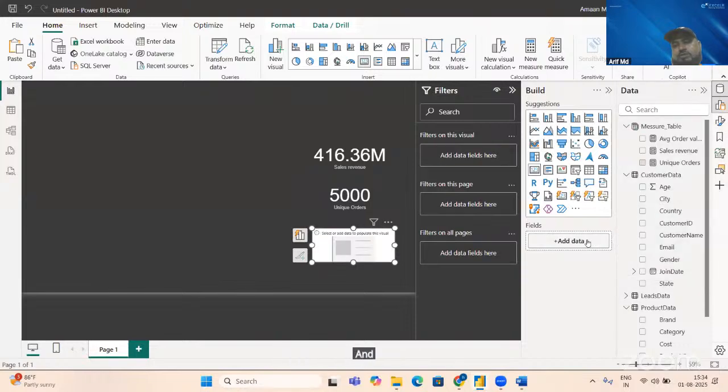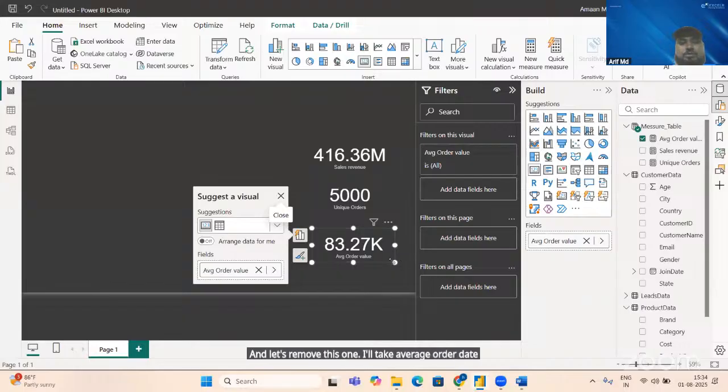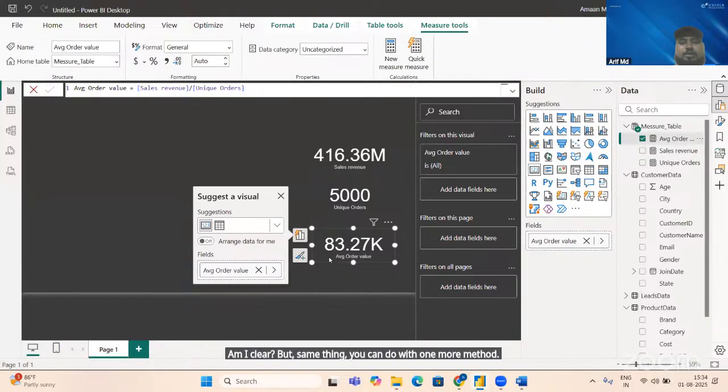I'll just remove this one. I'll take average order date. You can see average order value. Am I clear? But the same thing you can do with one more method. You are getting 83.2. If you require,